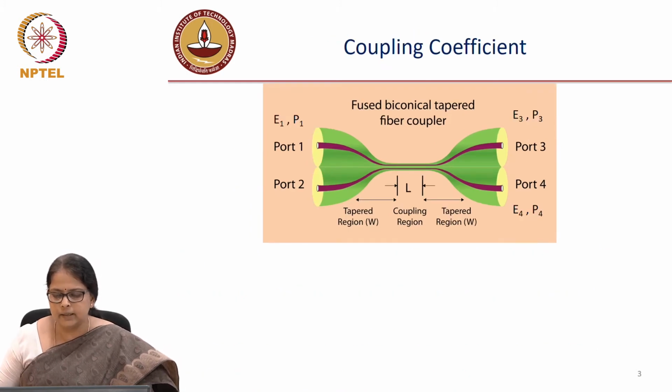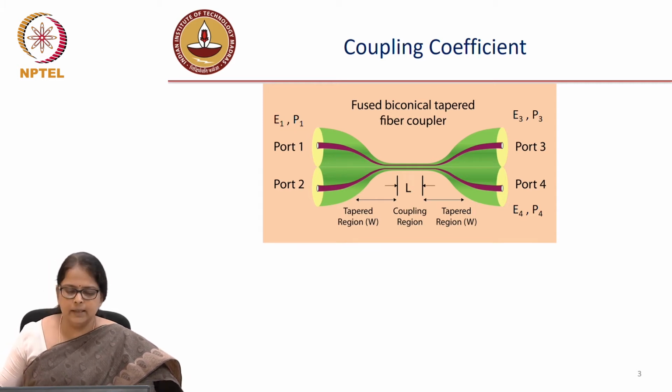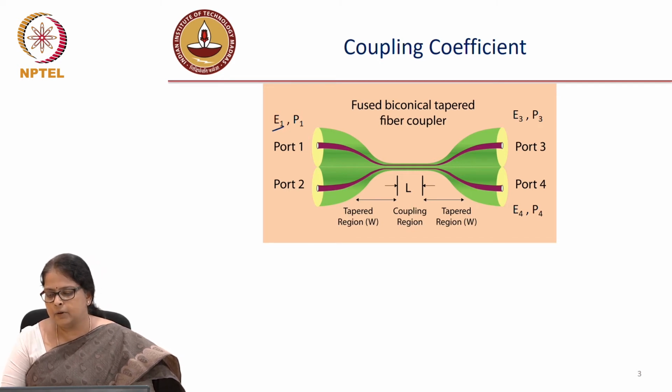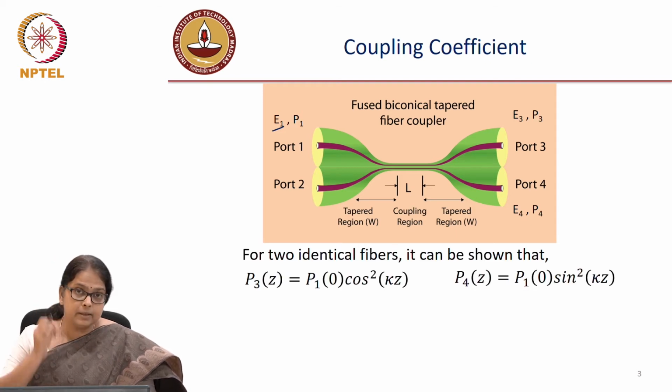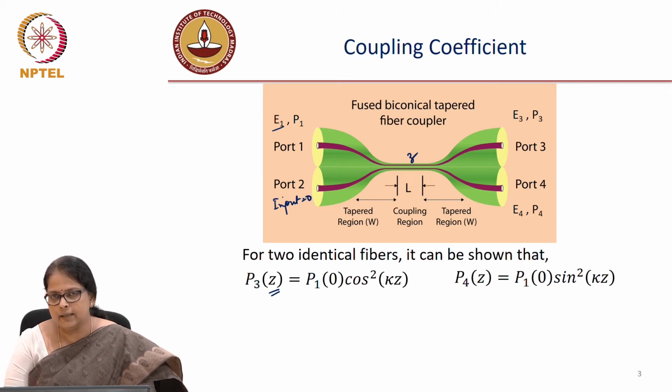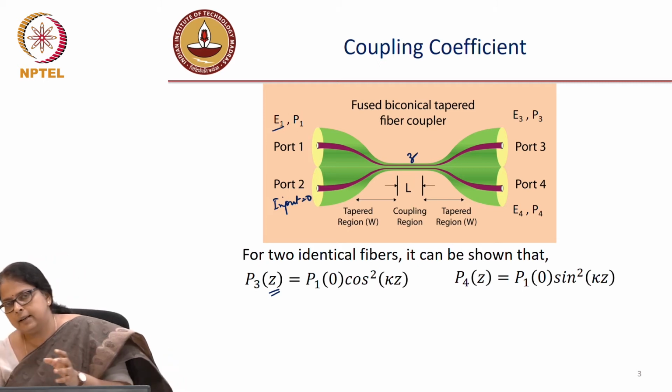Let's look at the principle of working in a little more detail and how we design different couplers. Let's say the electric field in port 1 is E1 and the corresponding power is P1. Corresponding to port 3 and port 4, it's E3, P3, E4, P4. If the two fibers are exactly identical, and assuming that port 2 has input 0, we're not giving any power at the input to port 2, then P3 is a function of Z, where Z is a variable that represents the coupling length. Z equal to L is the final length that you have fabricated.